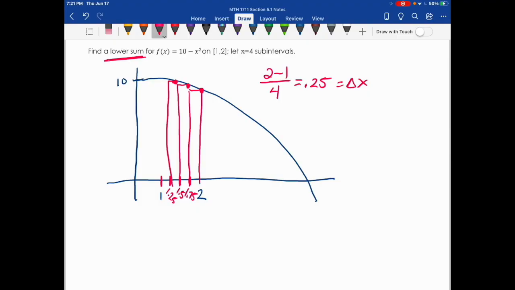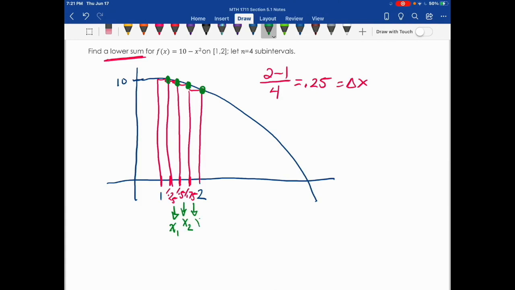I'm going to try to draw it nicely. So here are my rectangles. So it falls under the curve and not over. I'm going to highlight the endpoints that I need to use to find the heights of my rectangles here, here,